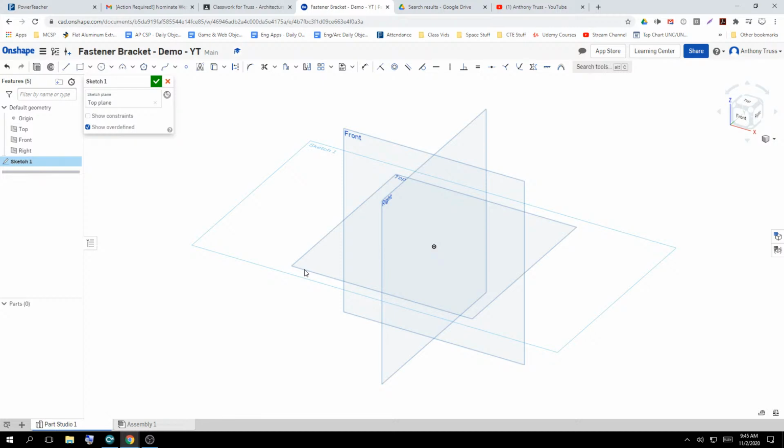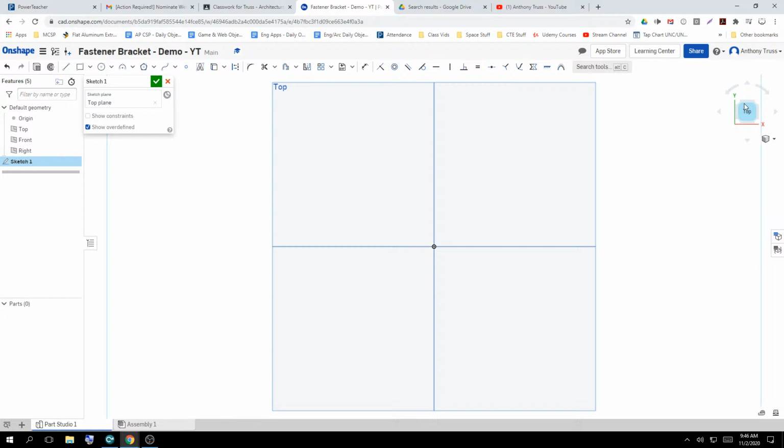At this point, what I want to do is square up my top plane. I just click the top cube in the upper right-hand corner, and it squares it so I can focus two-dimensionally. I have an origin, which is very helpful. Since this is a symmetrical part in both directions, the X and the Y,